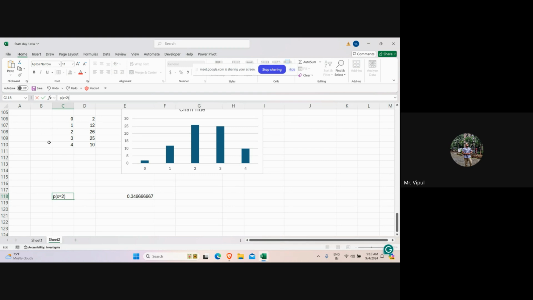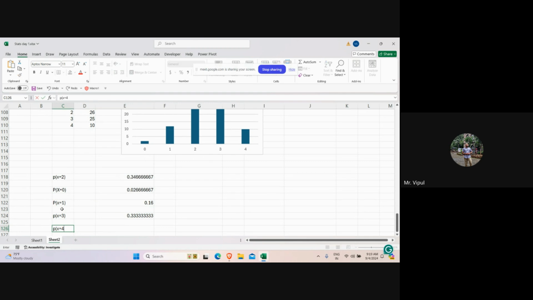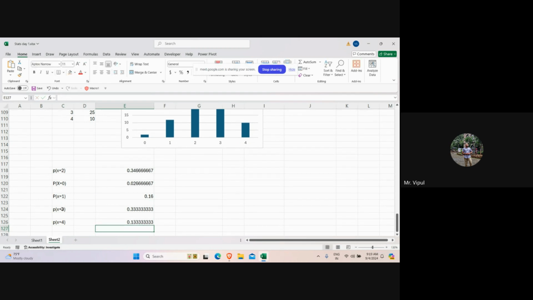प्रोबेबिलिटी ऑफ x इक्वल्स टू 0, वो कितना रहेगा 2 डिवाइड बाय 75, राइट। प्रोबेबिलिटी ऑफ x इज इक्वल्स टू 1, वो कितना रहेगा 12 डिवाइडेड बाय 75। प्रोबेबिलिटी ऑफ x इज इक्वल्स टू 3, वो कितना है 25 डिवाइड बाय 75। एंड प्रोबेबिलिटी ऑफ x इक्वल्स टू 4, वो कितना है 10 डिवाइडेड बाय 75, राइट।